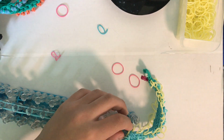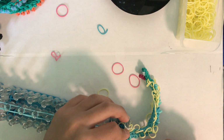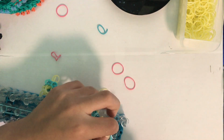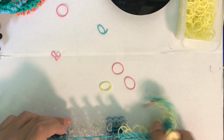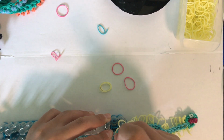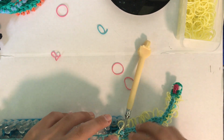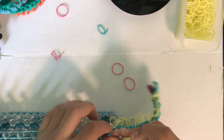Oh, I think I might have attached the belly on wrong anyways. So I'm just gonna put all the bands back on my hook. When you attach the belly, you want the stripes facing down. So attaching all 8 bands like that, and then getting the top 4 bands on my hook and putting down these 2 bands and replacing the 4 loops